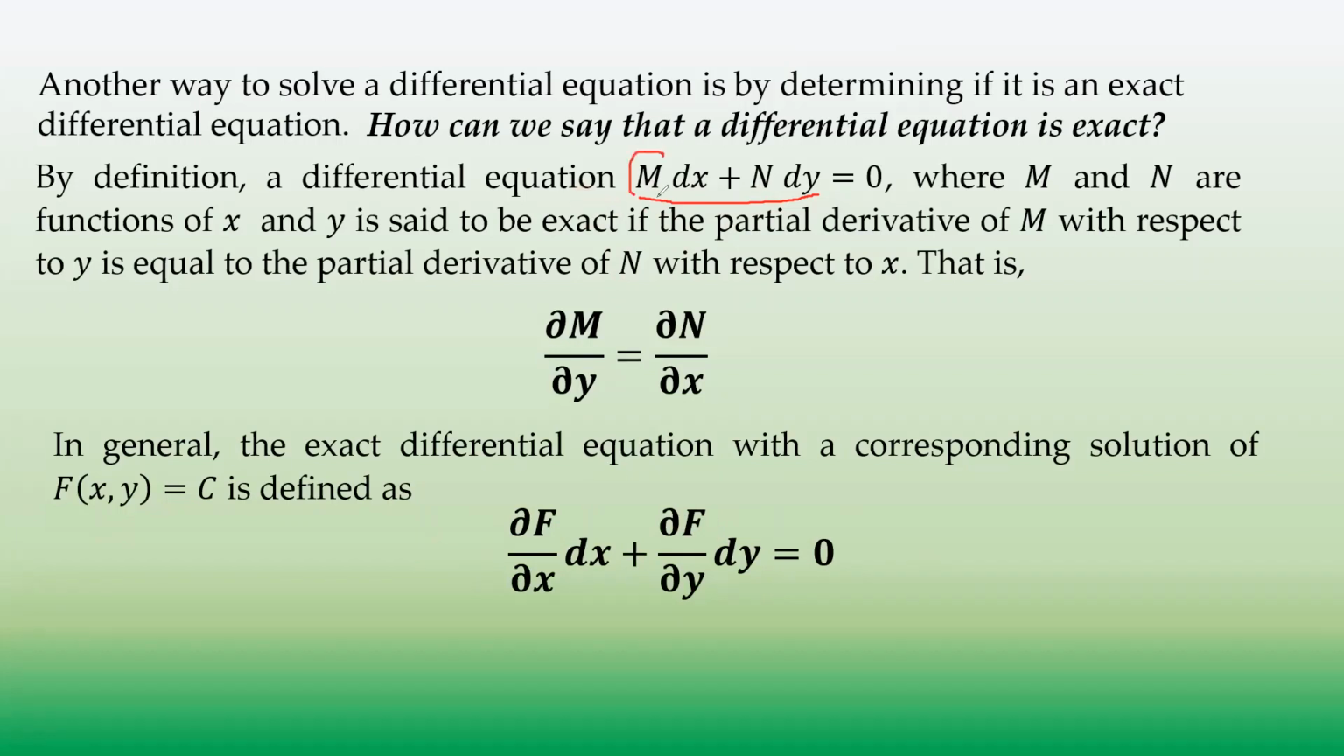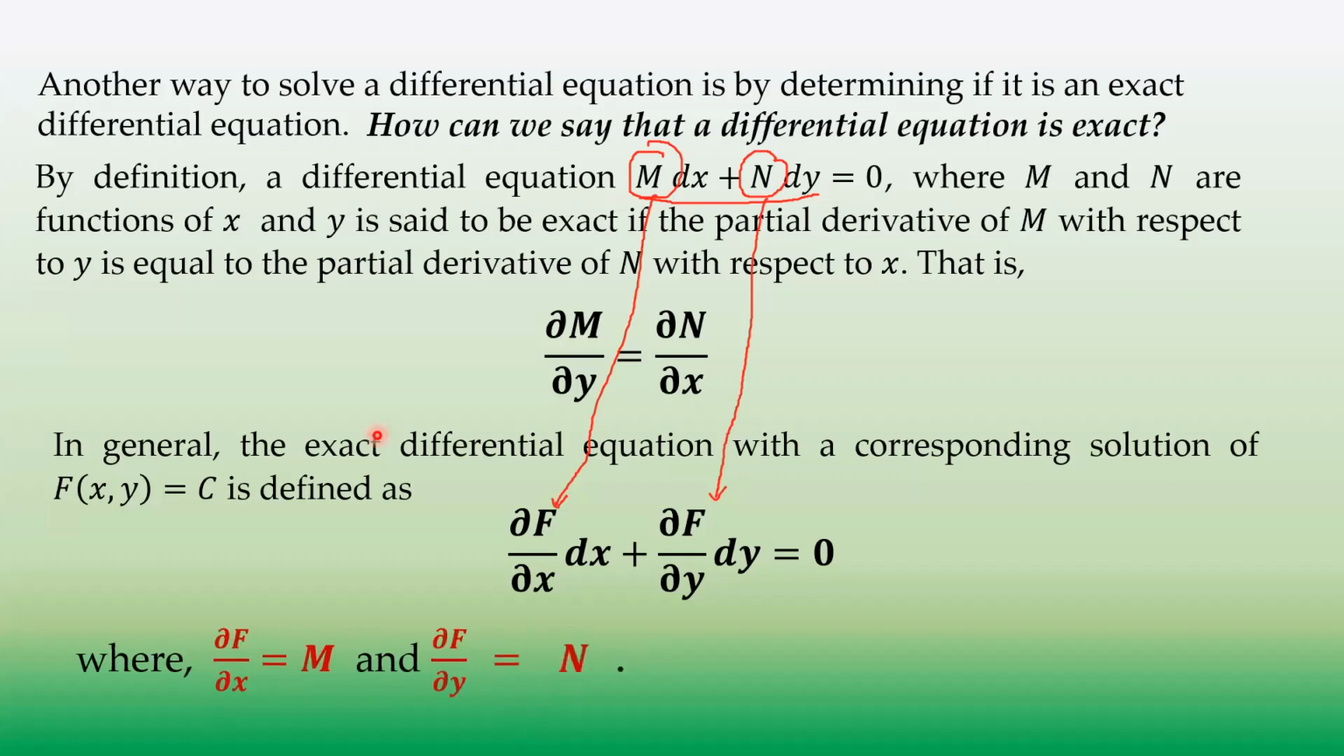So si M, siya yung katumbas nitong partial derivative of f with respect to x. Yung N ang katumbas ng partial derivative of f with respect to y. That's why M is equal to the partial derivative of f with respect to x. Tandaan nyo to. And N is the partial derivative of f with respect to y. Again,